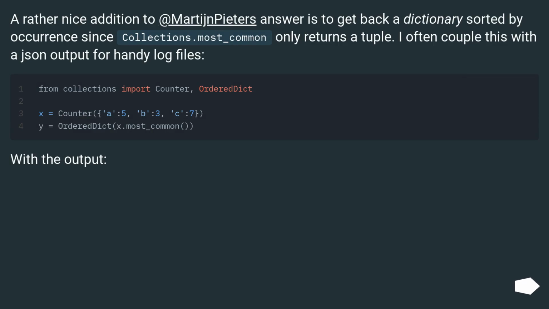A rather nice addition to Martijn Pieters' answer is to get back a dictionary sorted by occurrence, since collections most_common only returns a tuple. I often couple this with a JSON output for handy log files. With the output,